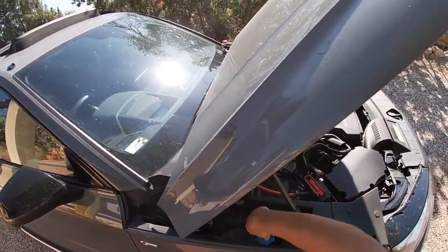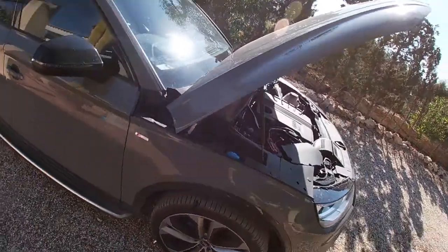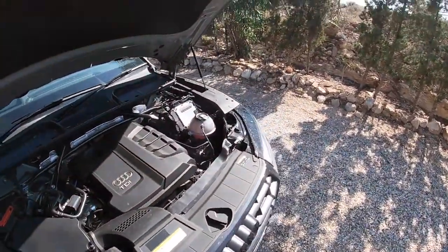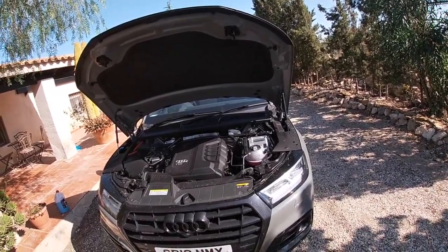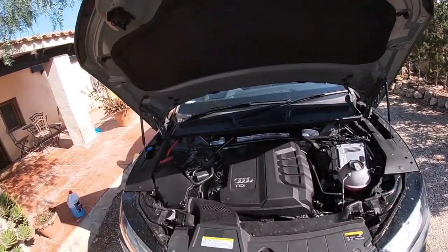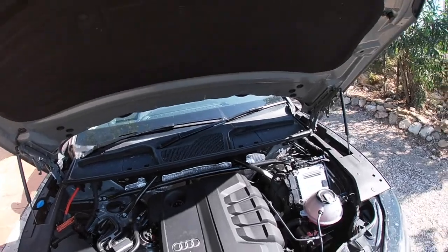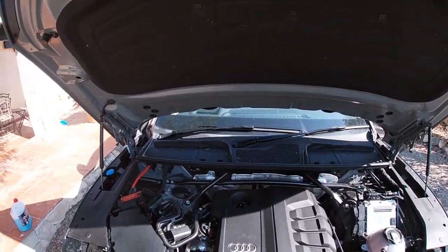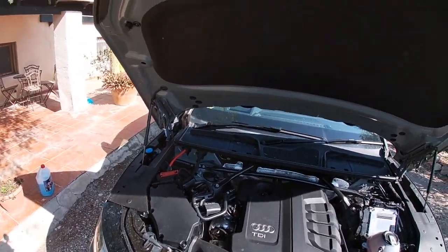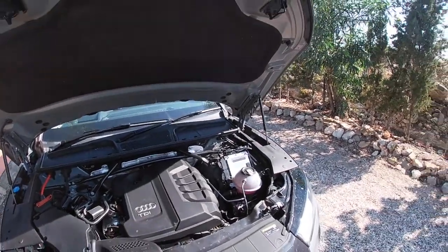See, I check this maybe twice a week, which maybe is a bit overkill, but once a week or twice a month you should be checking all these things. And especially at a time now when people are not using their cars, batteries are very important to keep maintained. And also, if you're somewhere where it's cold at the moment, make sure you run the car,